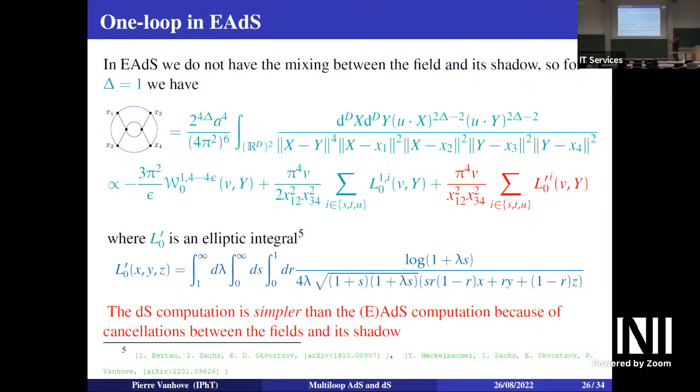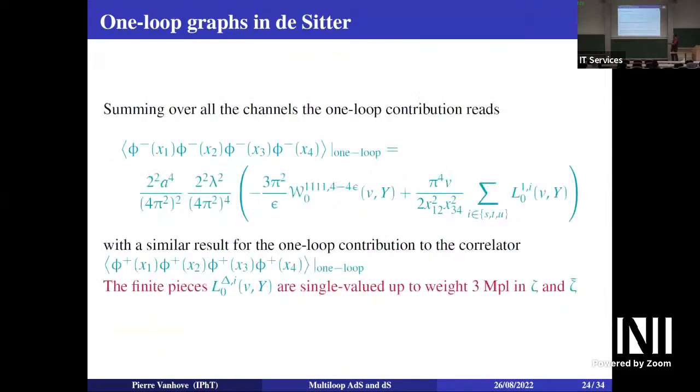And here, there's an extra piece that turns out to be given in a parametric representation by this expression. And this expression has a square root. And if you actually look at it, you realize that this is an elliptic polylog. We have discussed that in the de Sitter paper. So the thing that is pretty